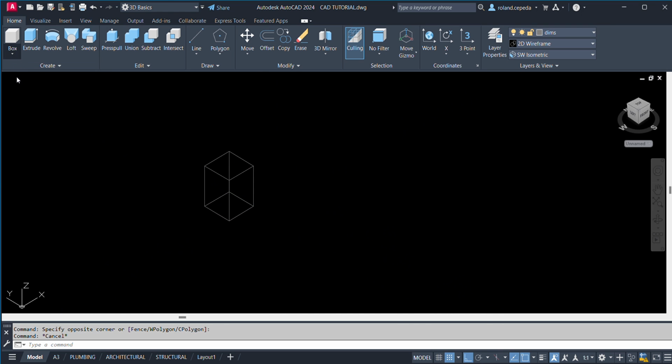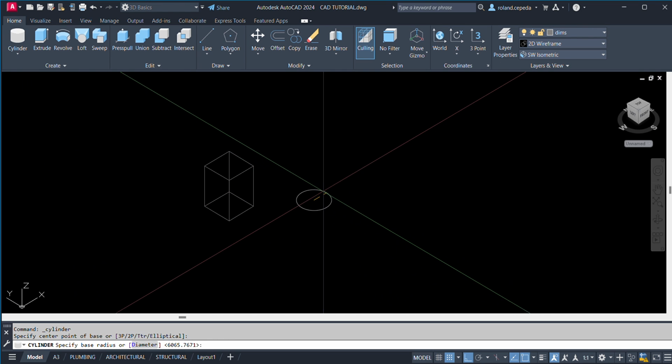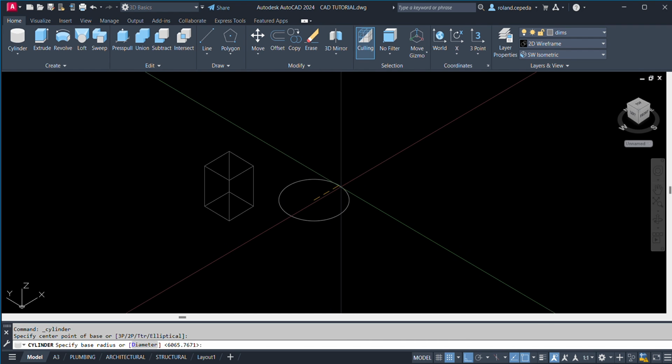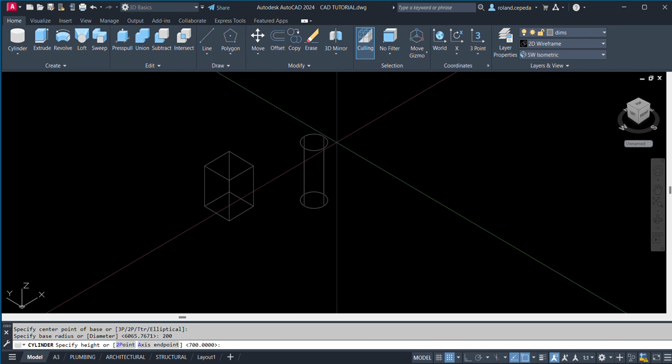Okay, and then let us try the cylinder. Just specify base radius or diameter. I'll choose radius, with a radius of 200. Then space. So there you go.